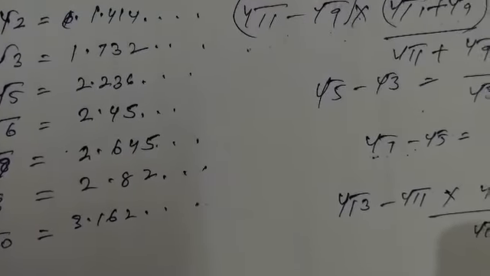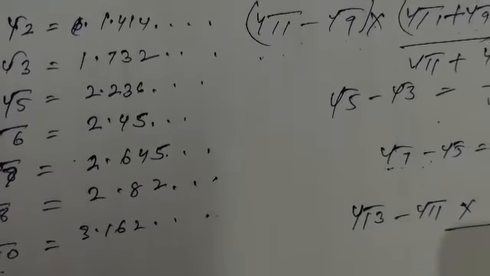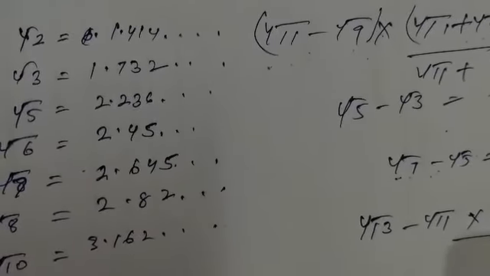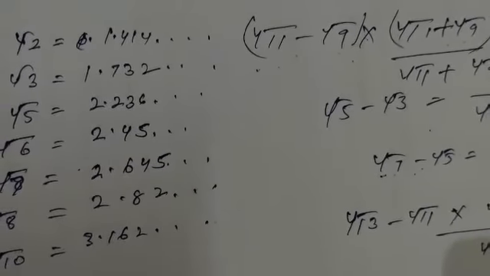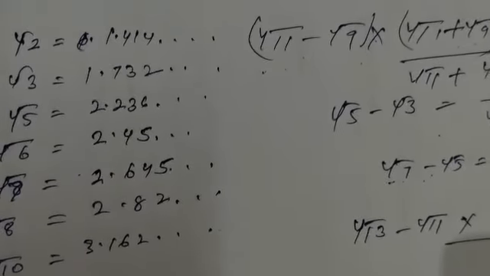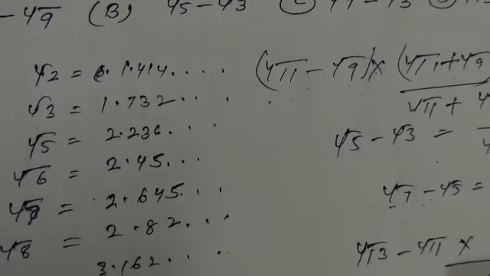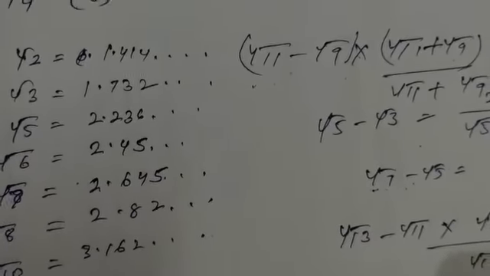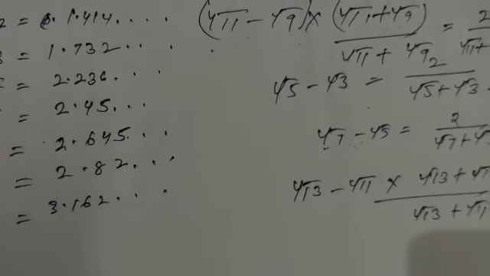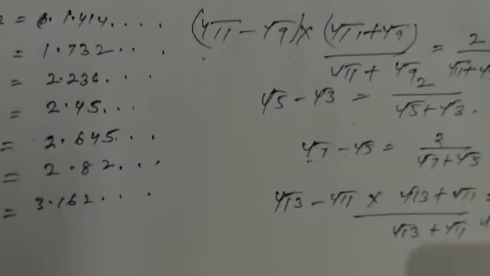Clear? Now, when you know it very well, you just go to a concept where if the numerator is same, the denominator is a bigger one, the value is lesser. I'm repeating it again. If the numerator is same and the denominator is the bigger one, the value is the least. And if the numerator is same and denominator is the smallest, the value is the bigger one.